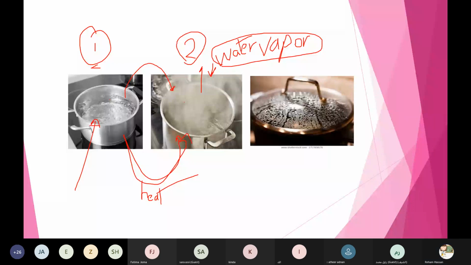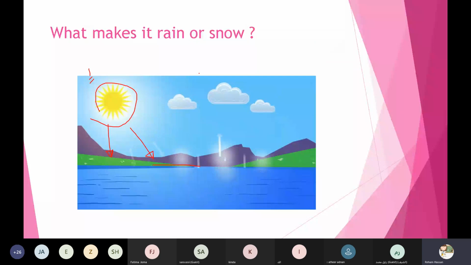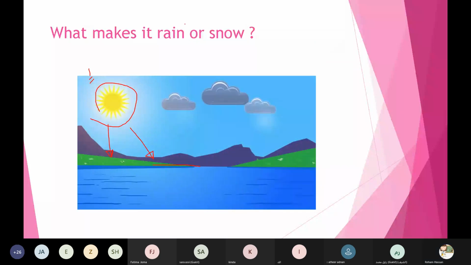And now, what about the water cycle? So we know that number 1, the sun warmed the earth water.